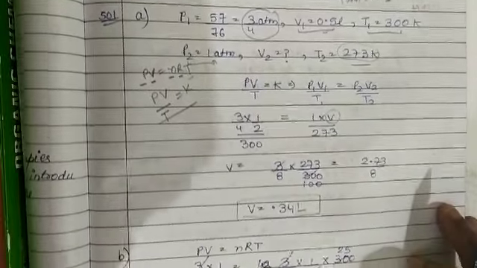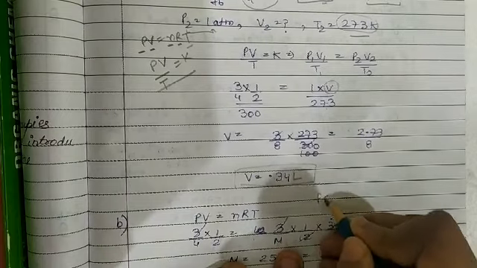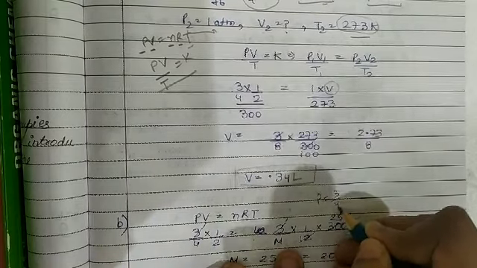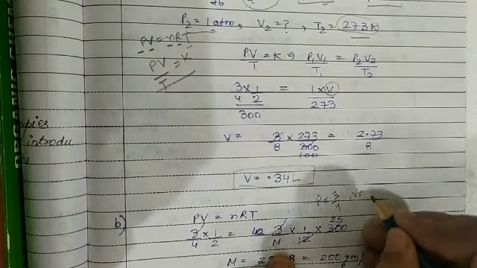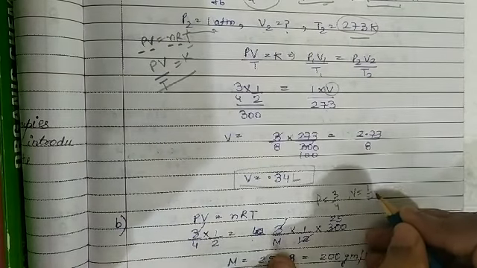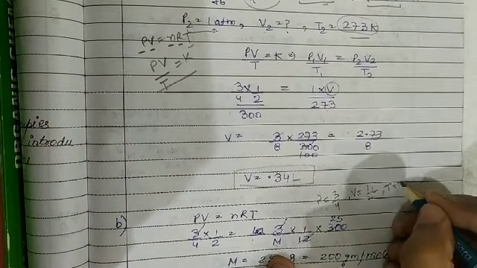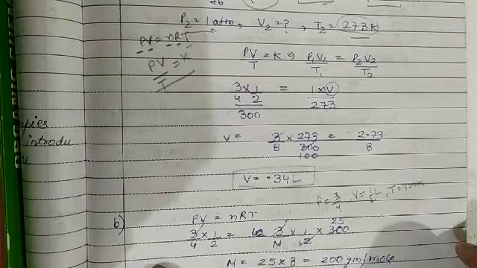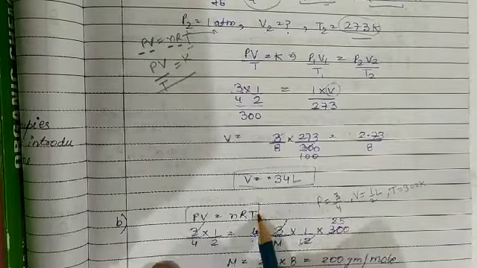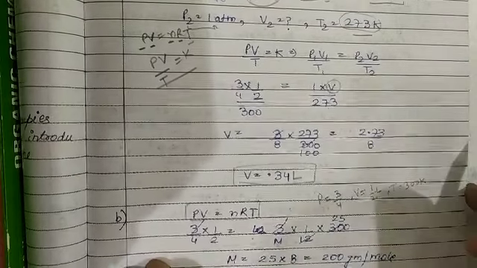As we know, pressure is given the same. How much is the pressure? Pressure is 3/4 atm. And volume is how much? Volume is 0.5, means 1/2 liter. And temperature is how much? 27 degrees Celsius, means 300 Kelvin. So we apply the ideal gas equation, PV equal to nRT.